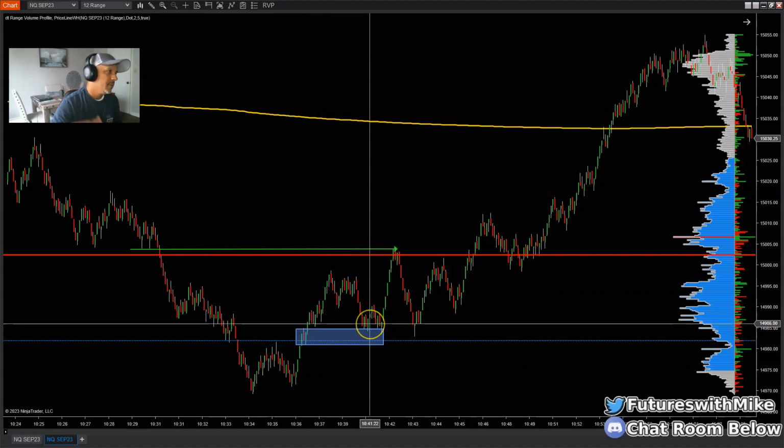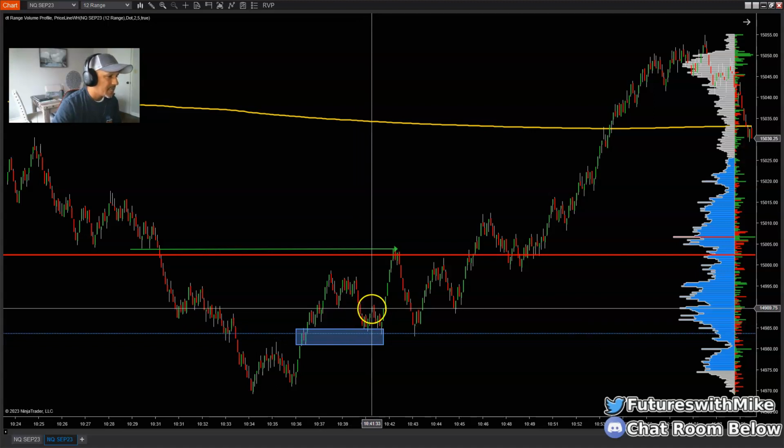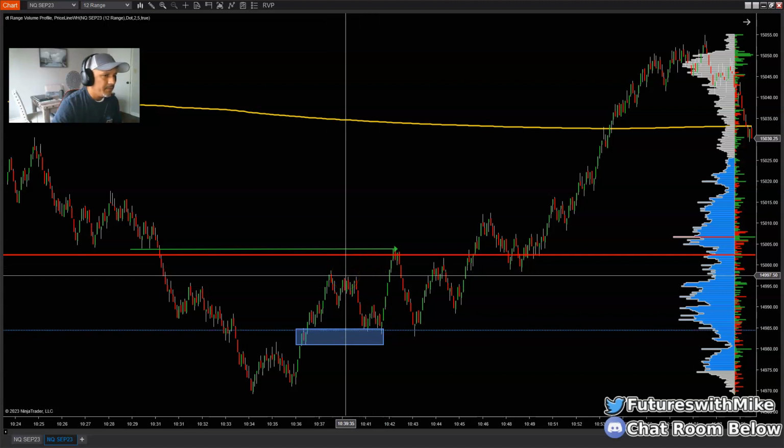I looked for a break of a candle in the opposite direction. You could have scaled down to an even lower time frame chart like the 4R, but I traded this off of my 12R, got the break of the candle in the opposite direction, and I was aiming for areas of liquidity above, primarily above